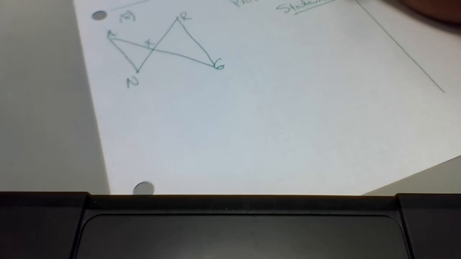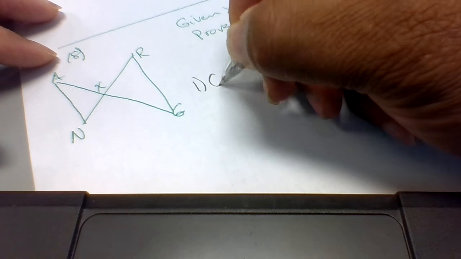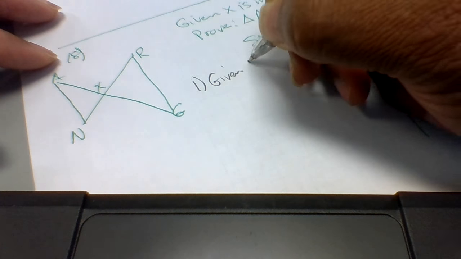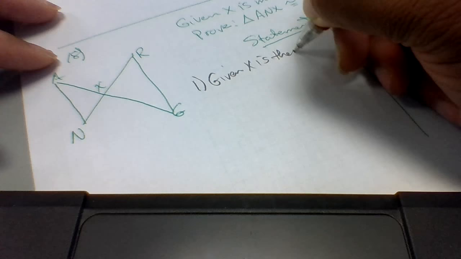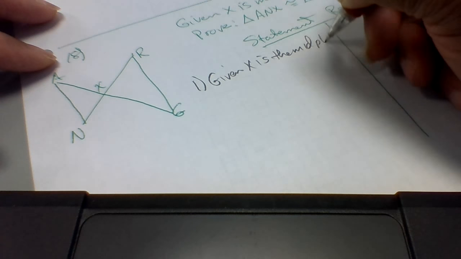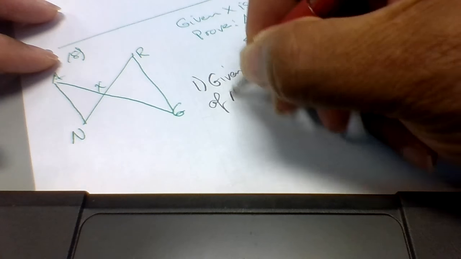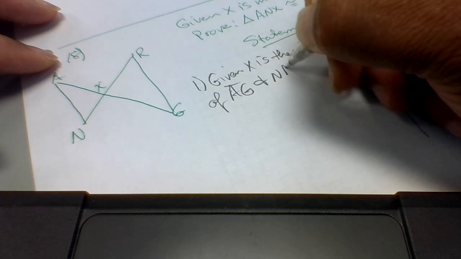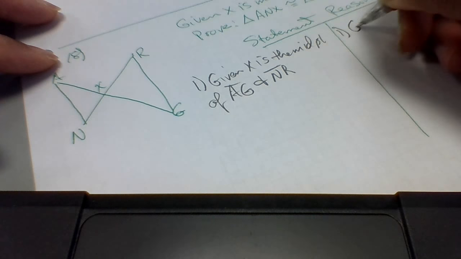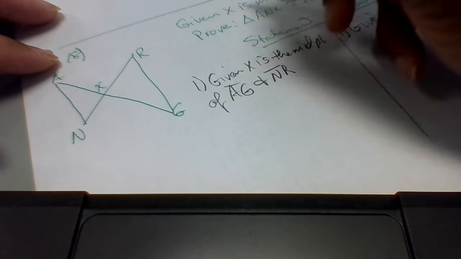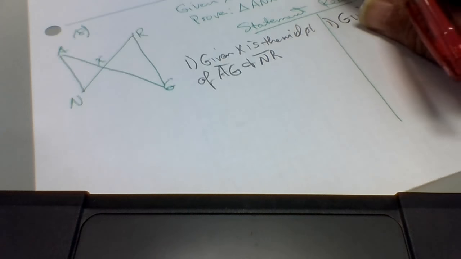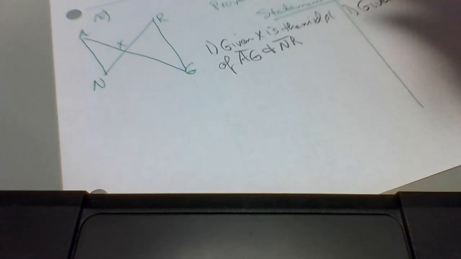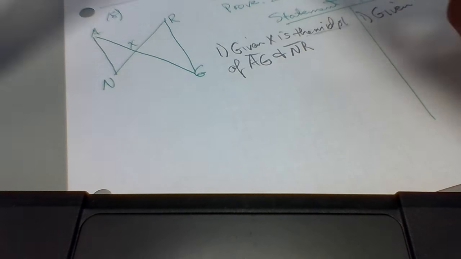The next thing is another proof. So one, given: X is the midpoint of AG and NR. The reason, it was given to me. Right there, given. All right, so here I have a definition, a vocabulary word. So when I said midpoint on this,